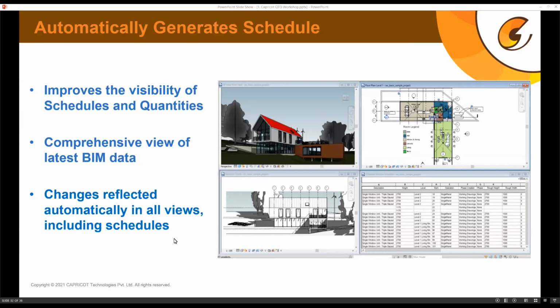So this was all from our side. Now we will switch to a live demo of the project, and we'll discuss getting quantities live on a Revit project. But before that, I think we should take a small break, and I'll try and answer some questions which I'm already getting in the Q&A box. And then after, I think, Pallavi, a 10 minute break, we'll move back to the live Revit session.